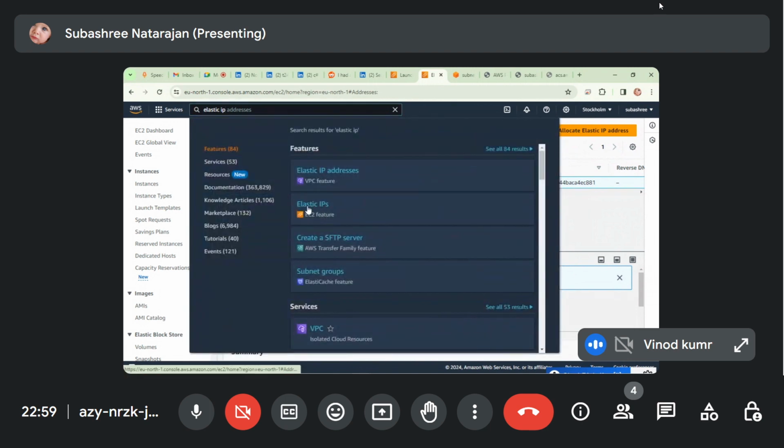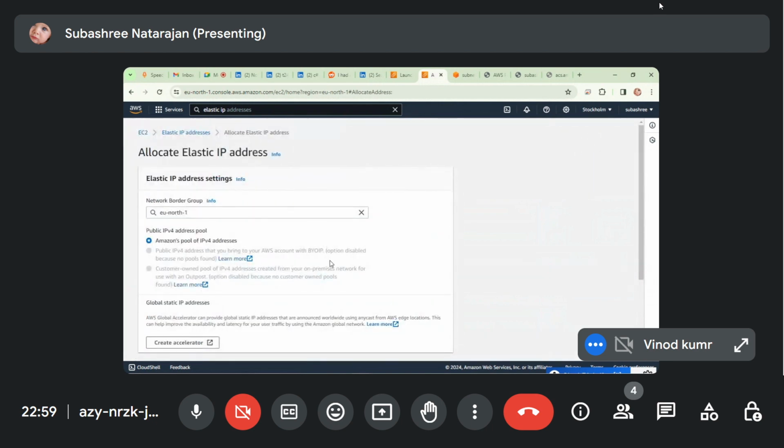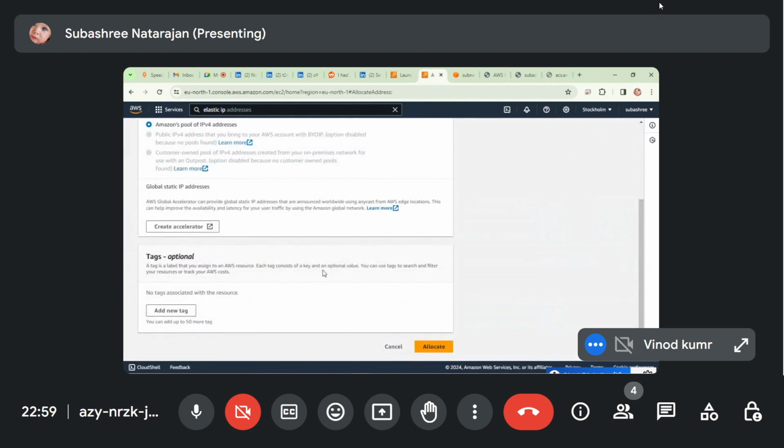Wait. See, SFTP, VPC. Allocate elastic IP address now. Now it came, allocate. Top right. Okay. Previously also it was like it. Global static IP address. Create accelerator.